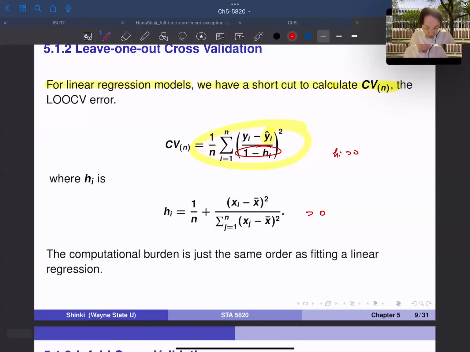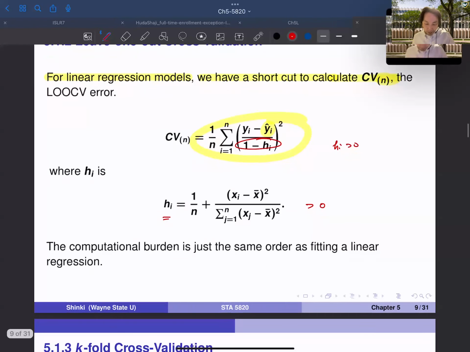And hi is basically the so-called leverage. Maybe it's adjusted by some constant, but hi is 1 over n times this. Basically, this adjusts the standard error of this yi minus yi hat. So this is much different from